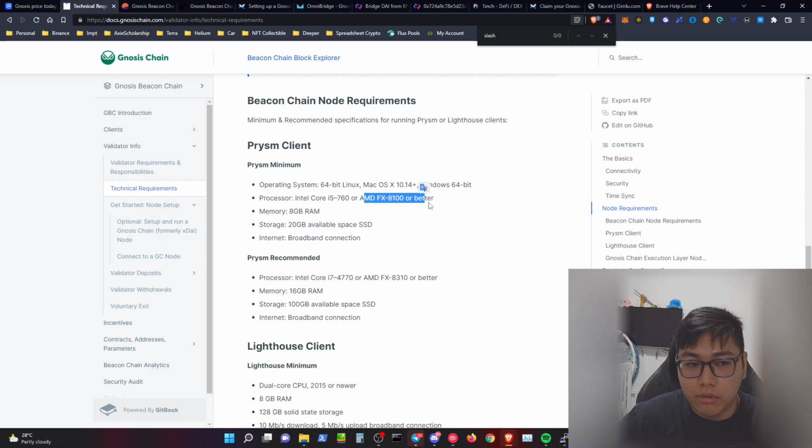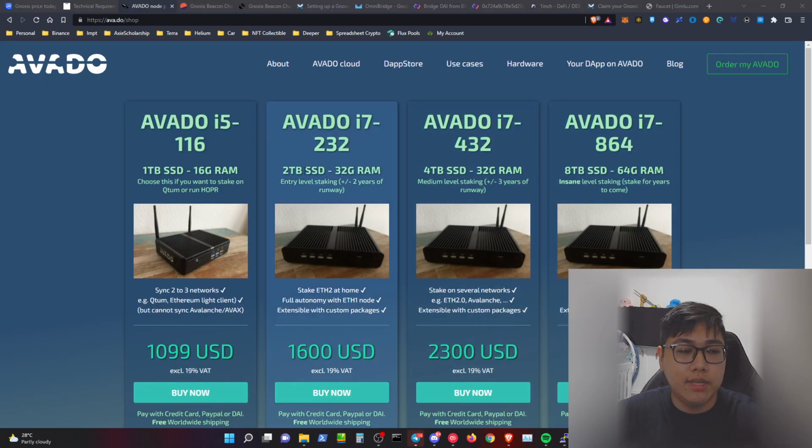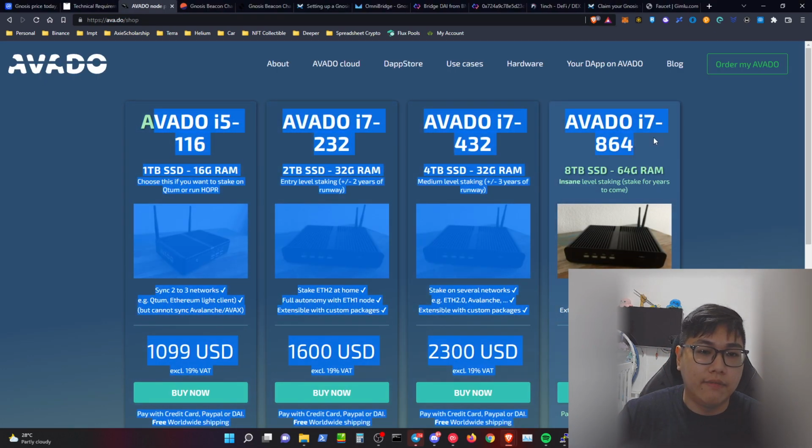Basically these are the computer specs, the hardware. Memory itself is 8 GB RAM, and after that the storage itself is 20 GB of SSD. And of course, what they recommend, the minimum is this, but the recommended is more than what they are telling you. So on Avado itself, you can purchase any of these devices and you can start